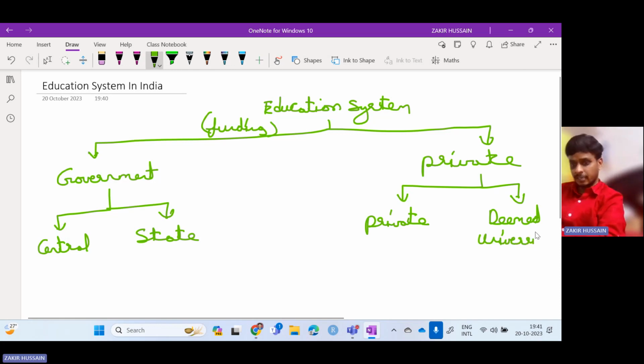which have graded autonomy from the UGC regulations. Private universities have to strictly adhere to the UGC guidelines in terms of exams, timetables, syllabus and everything. But the deemed universities will have autonomy. They can decide the structure of curriculum and fees and everything. So to some extent, they have autonomy compared to the private universities. So properly, they can be divided into these categories.